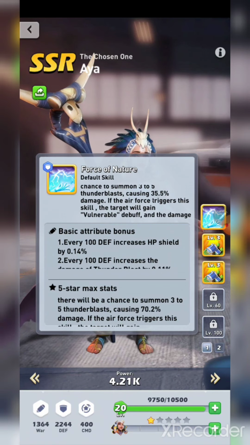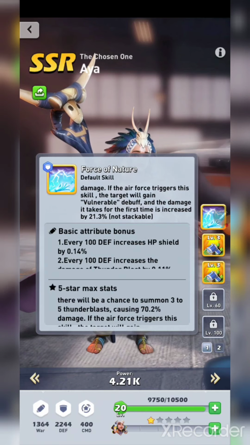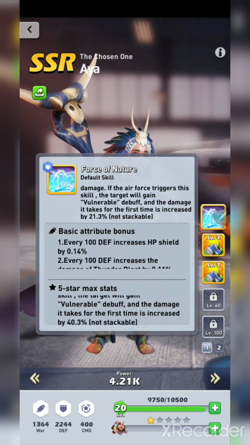If the Air Force triggers this skill, the target will gain a vulnerable debuff, and the damage it takes for the first time is increased by 21%. That goes up to 40% once they're 5 stars. So, what this means is that